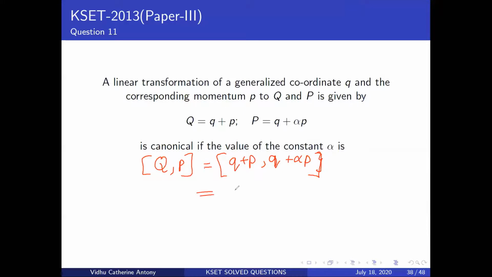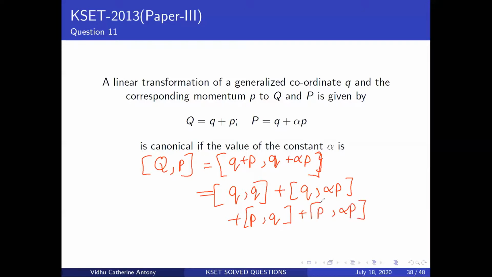Now what can I do? I can write Q plus Q alpha P, and now I will write P Q and P alpha P. Now what do I have? These two get cancelled, and these two get cancelled, because I have a Q and Q common, P and P common. When you end up doing your Poisson bracket, for which I'll give you the definition, you'll end up getting something like this.